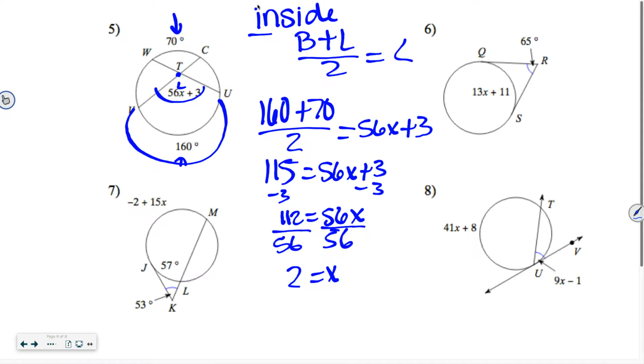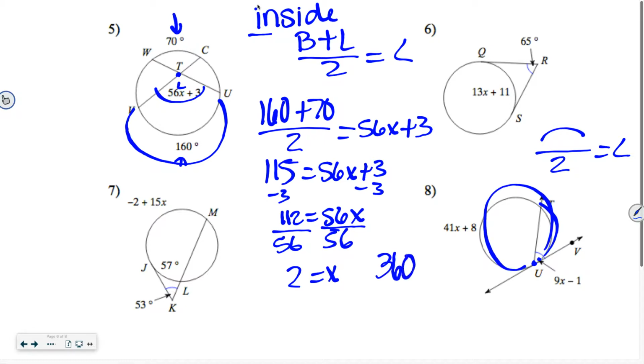Now this one, notice it is on the circle. Okay, and this one is going to be a little bit confusing, okay? Because when it's on the circle, it's just the arc measure divided by 2 equals the angle. So here is my angle here, and this is my arc measure. Now, I don't know that arc measure, but I can figure it out. The reason why I can figure it out is the whole circle is 360 degrees, and this is what I'm going to take away from it,